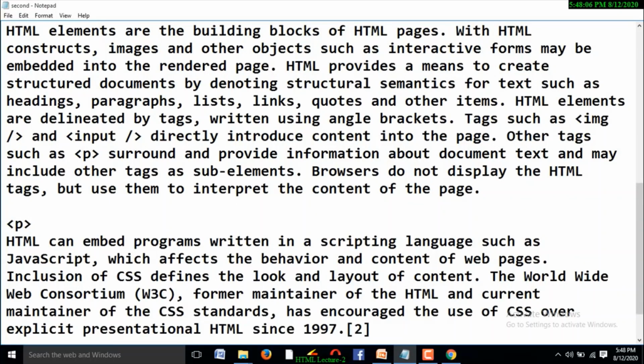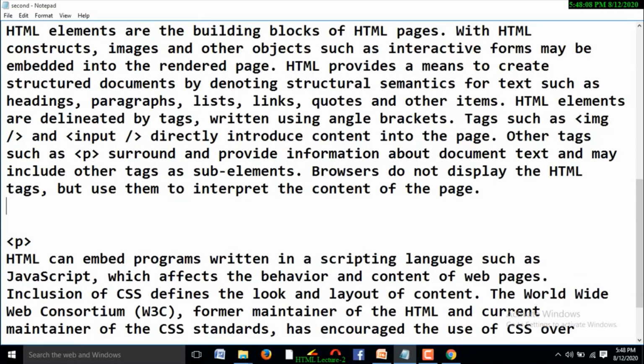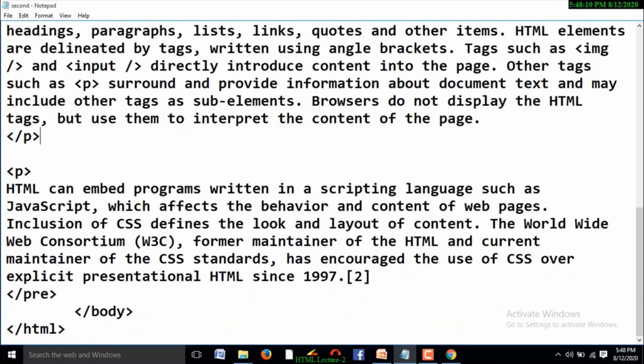And this is paragraph closing, and this is also closing. I am removing the pre tag. So the last discussed tag is pre tag. Remember that one. What happened if you paste normal content? What happened if you are using pre tag? What happened if you are using p tag? Observe the difference carefully.